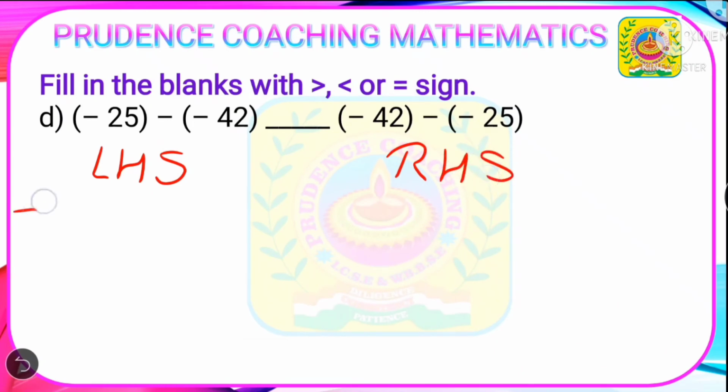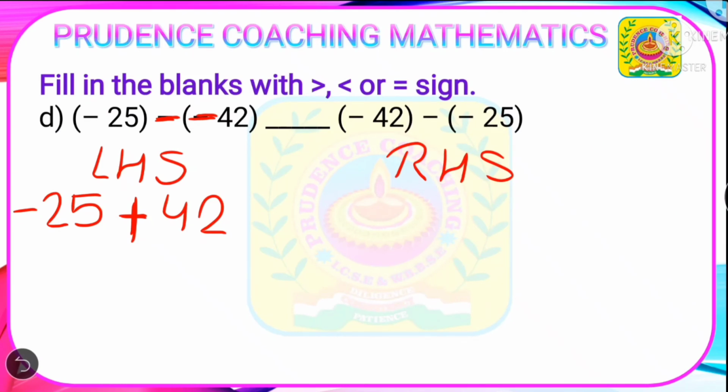Next one, so here you will write the LHS and this side is your RHS. So first one you will write with the sign, so minus 25 you have written as it is. So as you can see, here also negative, here also negative, so this sign will be positive. Why positive? I have already explained in the previous video and this video also. And my dear students, you must watch the first video, because there I have shared many things which are very important to clear your concept. As I have already said, it is very important to clear the concept. If you can solve this sum, that doesn't mean that you can solve all the sums, but if your concept is clear, then you can solve any problem very easily.